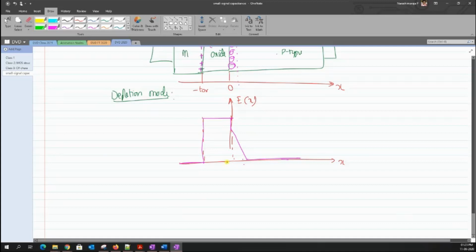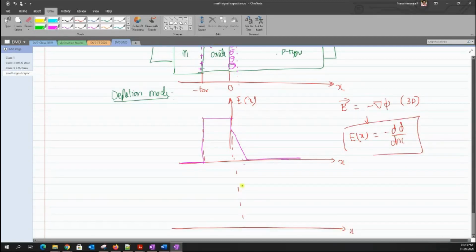When I translate this using the potential equation, which is nothing but the gradient of phi, where phi is a scalar potential, this is a three-dimensional space, but I can write it in one dimension as d phi by dx. Now based on this, let us plot what type of potential we had here. When the electric field is equal to 0, any potential that I have here, the same potential appears here because there is no drop across the metal.